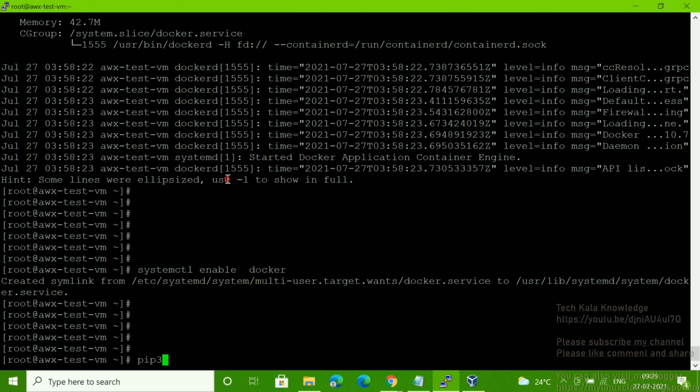One second, it's hung. One second, yeah, now it's coming, because this server is running some Ansible and other things also, so that's why it's slow.